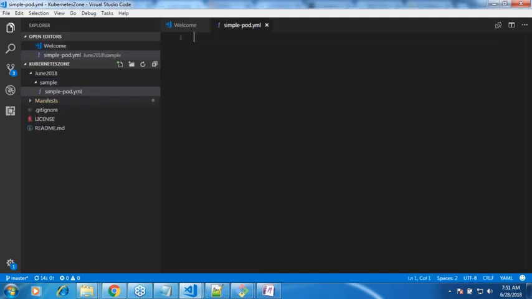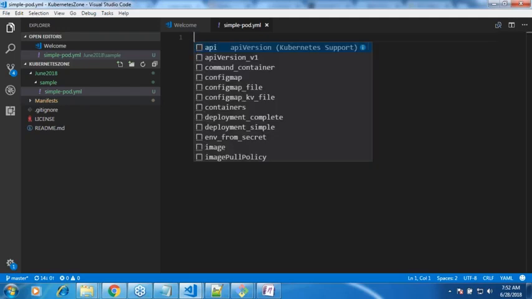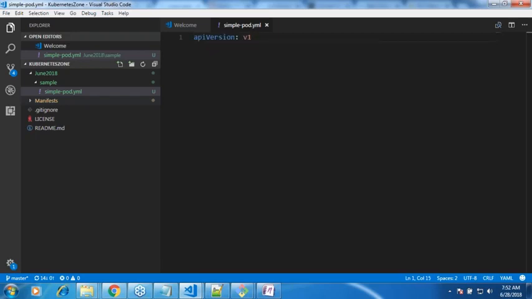Okay. Good. Right? And then there is a structure. So let us see what this help is offering. API version v1. This is what I want. And kind will tell what it is that you have to create. What is your intention of creating? Using these files, we can create pods, services, deployments, and you will also be creating one more thing which is called a replication controller. But as of now, what is my intention? My intention is to create a pod. So